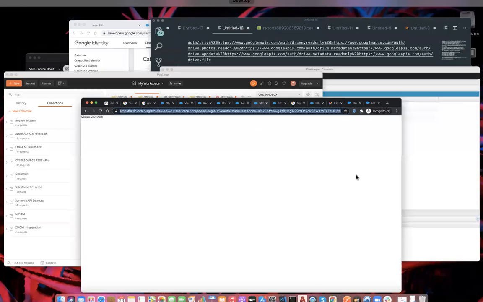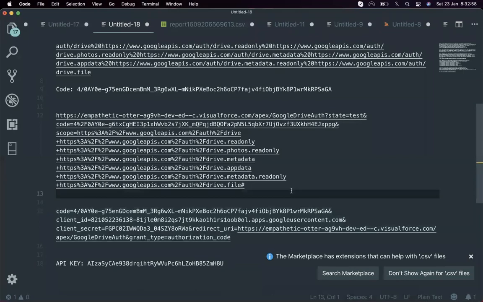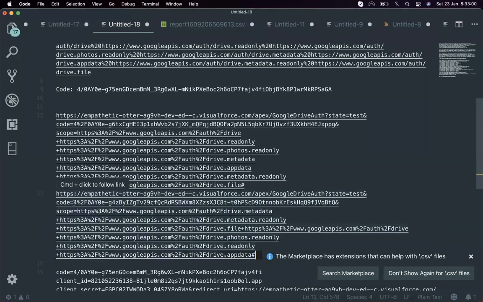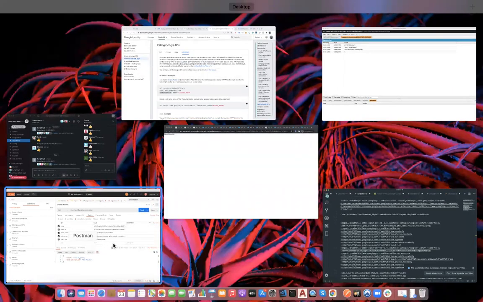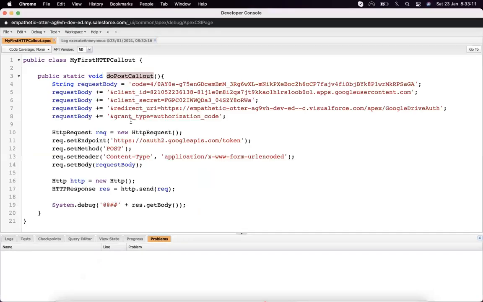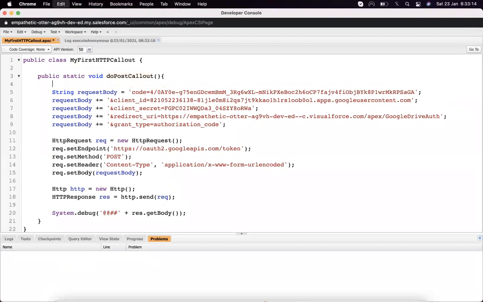Let's Control C. Where is my code? Here. Save it.